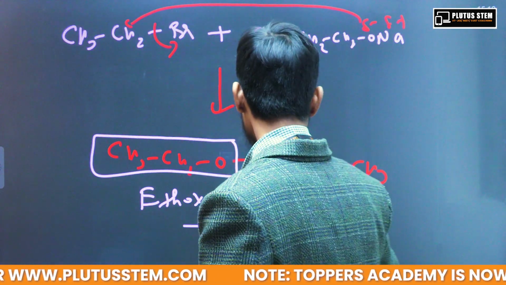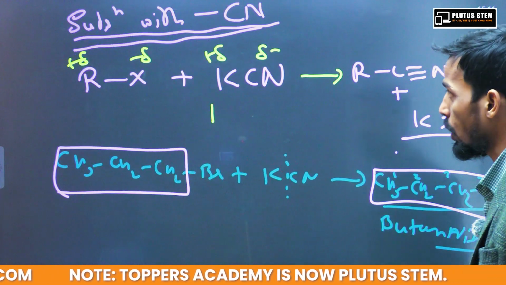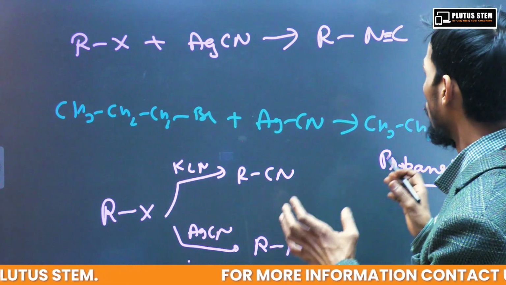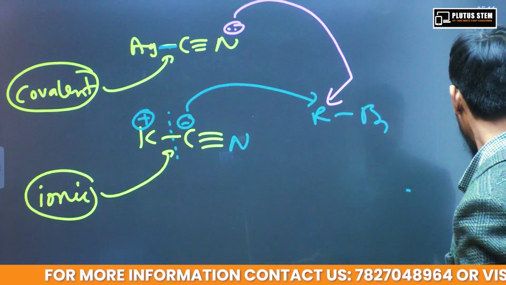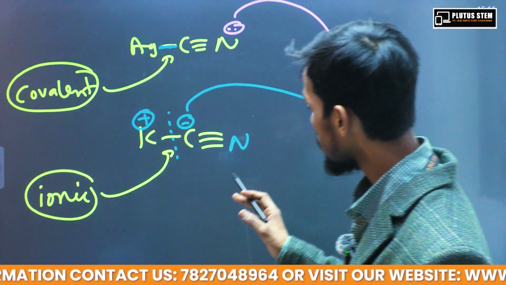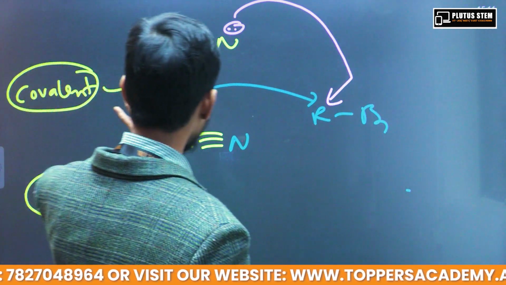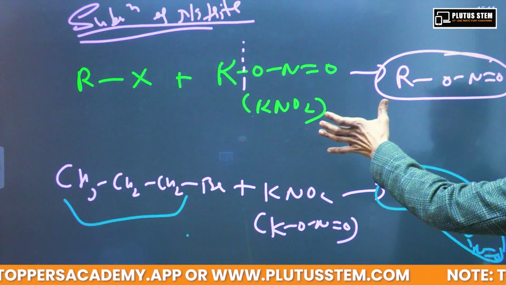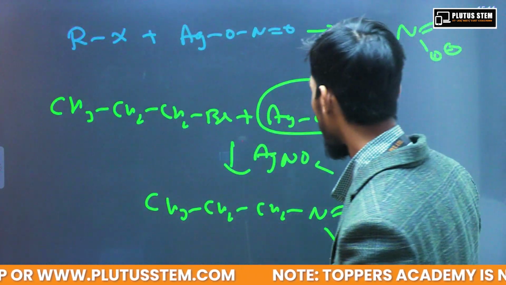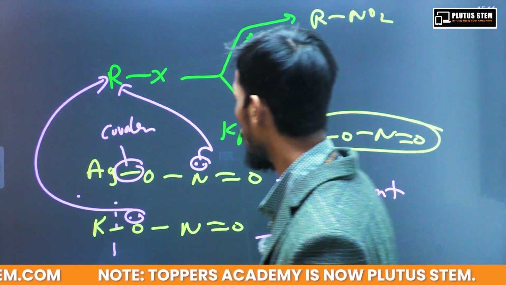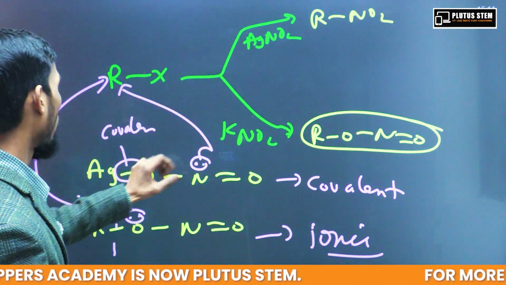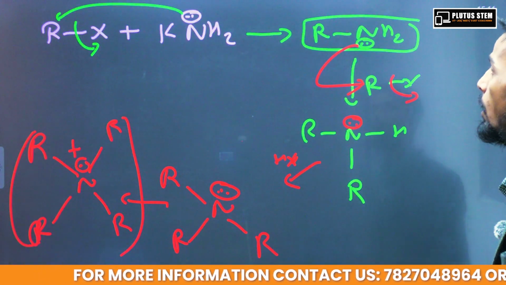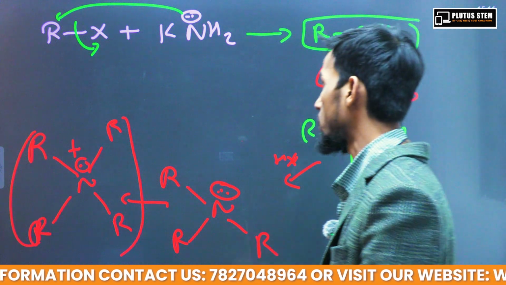This is the reaction which I have shown you, with an example also, with KCN. With KCN and AgCN, we discussed that with KCN the linkage was with the carbon, but with AgCN the linkage was through the nitrogen. The same case happens with nitrite also: when we take AgNO2 the linkage is through nitrogen, but when we take KNO2 the linkage is through the oxygen atom. The same case over here, this is the Williamson synthesis,